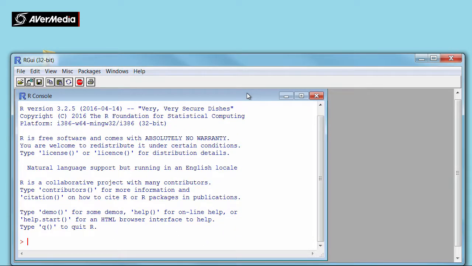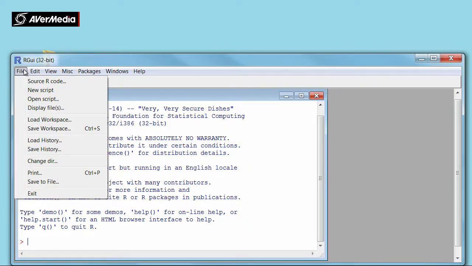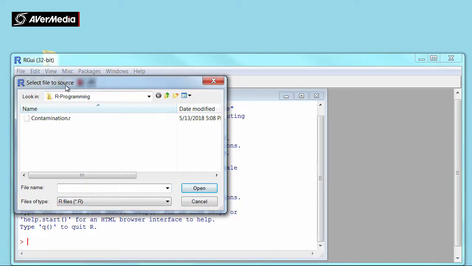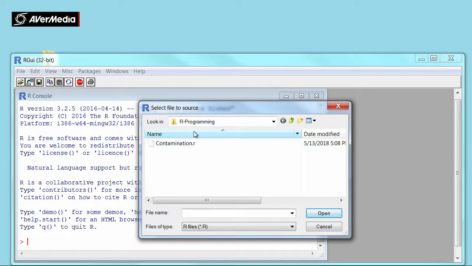There we go. File, Source R code is how I import the program from my R programming folder. When I downloaded my R environment, I set it up so it automatically links to my R programming folder. So I'm going to select contamination.r, open,